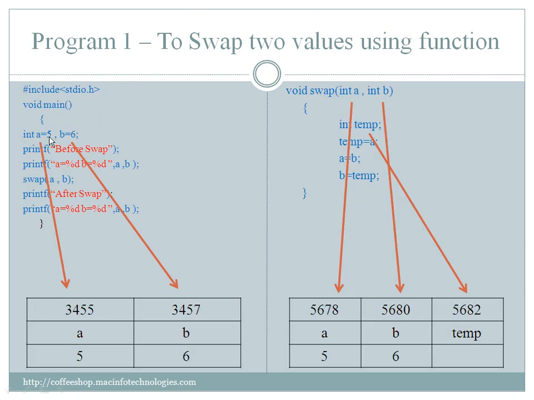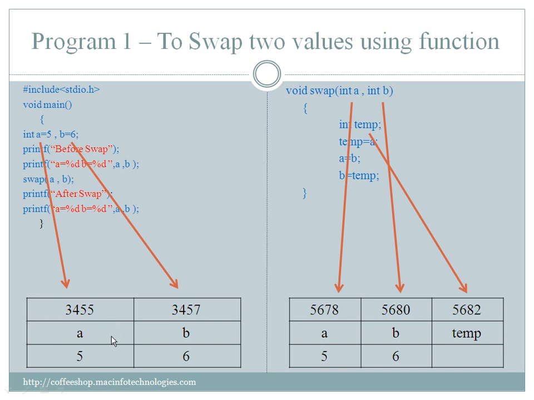So first we declare a is equal to 5 and b is equal to 6. So two new memory locations are allocated in the RAM, that is in the memory. So the first one is 3455, the second one is 3457. You can see an integer is 2 bytes in a 16-bit compiler. So a will be occupying 3455 and 3456, and b will be occupying 3457 and 3458. I've just given hypothetical numbers. Actual numbers will be different when you execute. We'll see what exactly the address will be in a few examples.